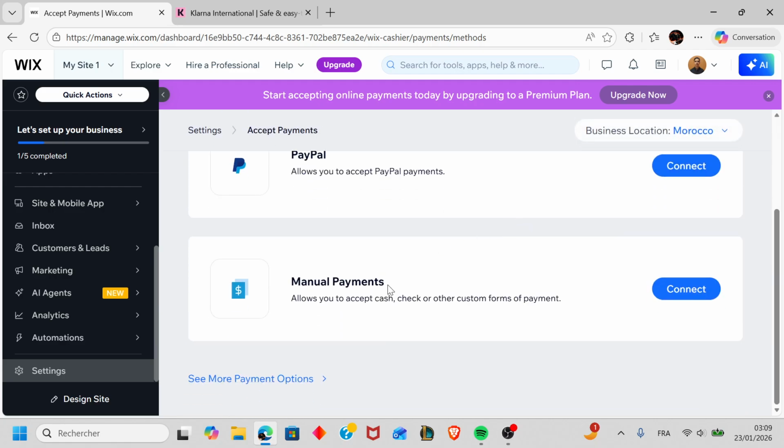Once you find it, then you're going to connect or create a Klarna merchant account, then complete the business verification. The first thing you can do is to test the integration. You can add a product to the cart and go to the checkout and confirm Klarna appears as a payment option. Once it appears like a payment option, make sure to clearly display pay later messaging and test the checkout